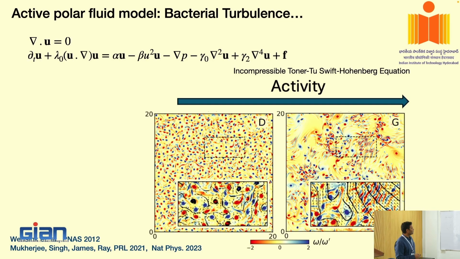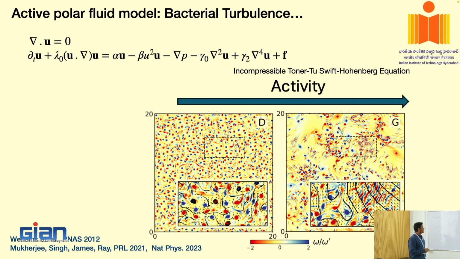Now also, if you think about this equation, this immediately gives you a length scale in the system, which was missing before. In the Toner-Tu equation there was no inherent length scale coming into the picture. The only inherent length scale was the box size itself, and that's the reason the structures were always going to be of the order of the system size. But now, since we are introducing a length scale by hand, by taking the ratio of these two you get a length scale, and these structures are going to be of the order of that length scale.